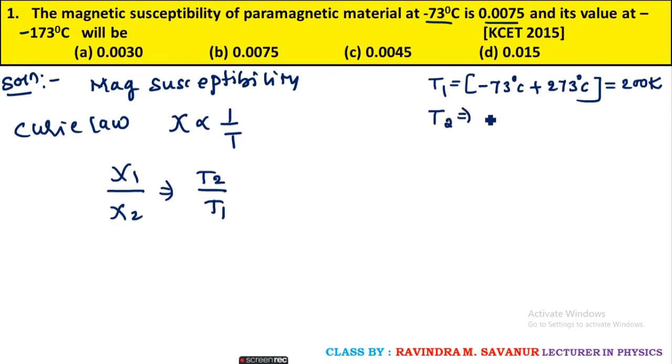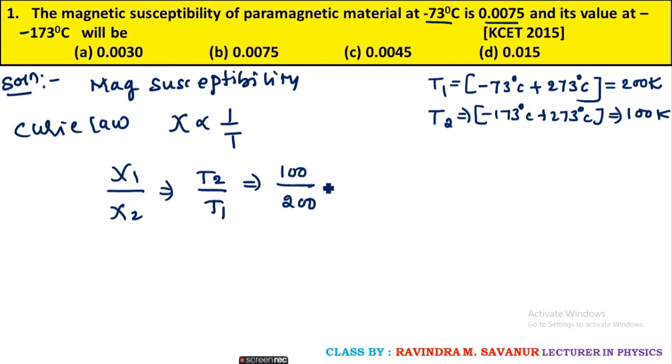Similarly, the second one, minus 173 degrees Celsius, converted into Kelvin by adding 273, becomes 100 Kelvin. Substitute. T2 is 100, T1 is 200, and the first susceptibility is mentioned as